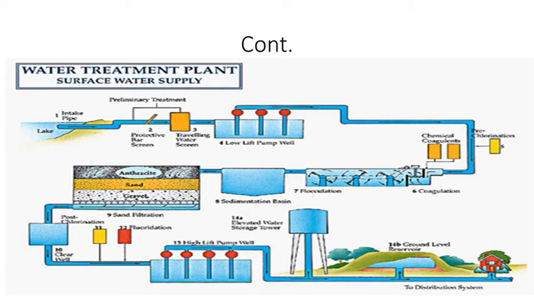Okay, next, suitability. So where to use slow sand filter and where to use rapid sand filter. If you are considering the suitability of this filter, slow sand filters are mostly used in rural areas and small towns where larger space is available at lower cost. In that case, for water supply, you can use the slow sand filter for rural areas and for small towns. But if you are considering larger towns and larger cities, for that water supply you require the rapid sand filter. Okay, so these rapid sand filters are suitable for the larger cities and larger towns.